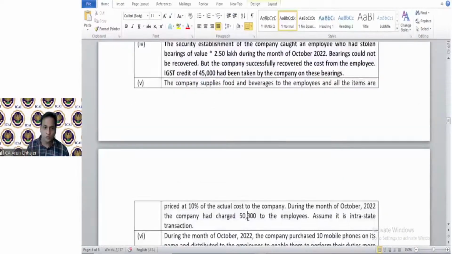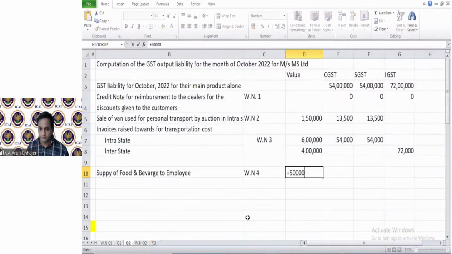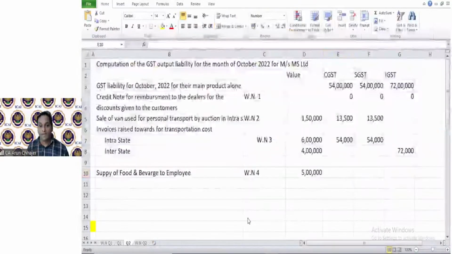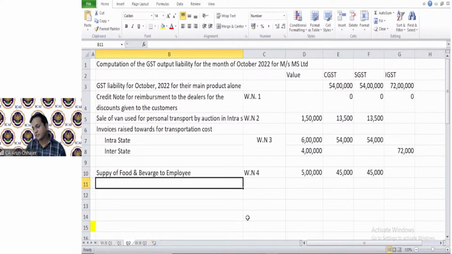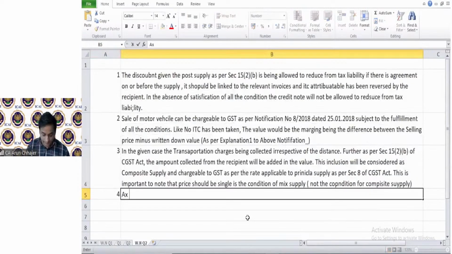Okay. So what is the amount? They are saying 50,000 divided by 10 multiplied by so. So the amount would be 5 lakh, and I am assuming it is obviously intrastate supply. So the 45,000 would be chargeable. Okay. What I have to write in the working note now, as per the